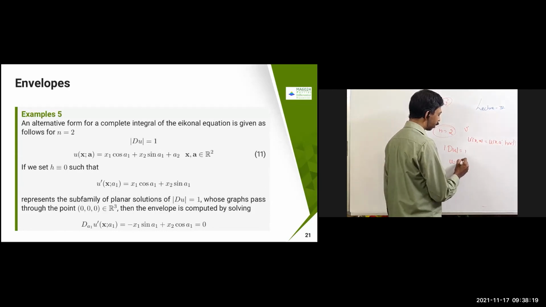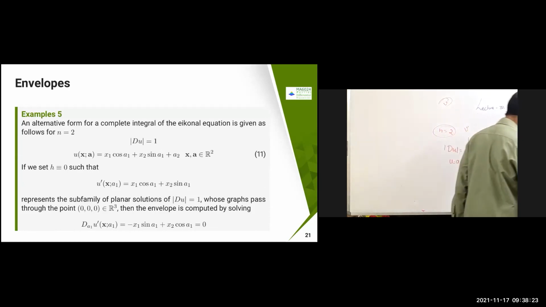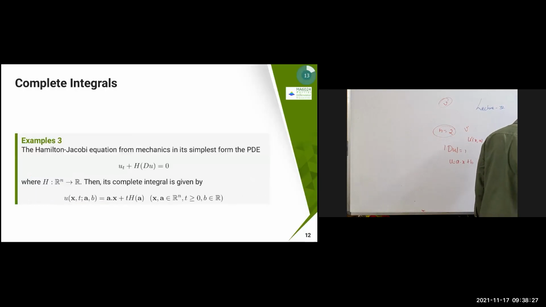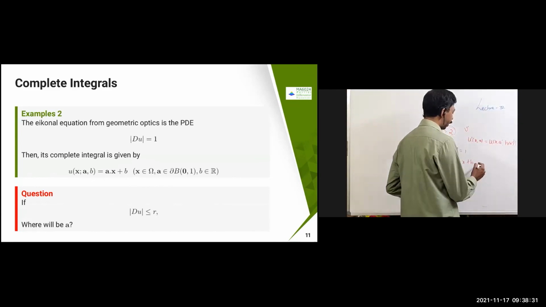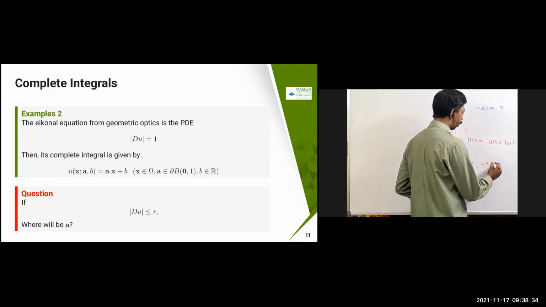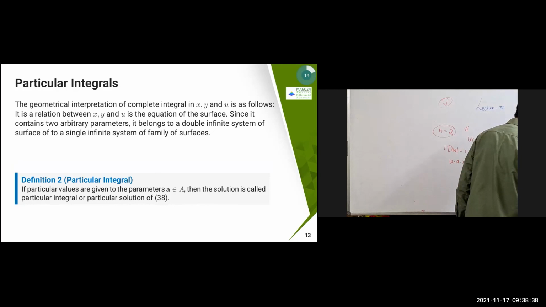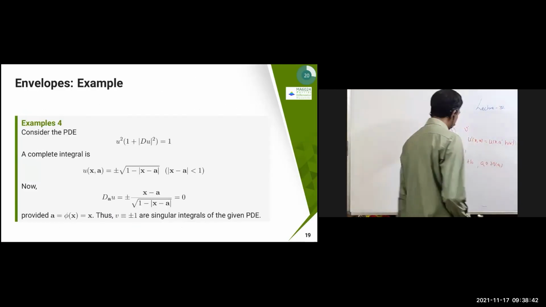a dot x plus b. This was the solution for this problem, if you remember this one. Yeah, u is equal to a dot x plus b. Okay, this is the solution for the problem where a belongs to the unit circle, S1. Okay, this is the one we have discussed. Now that one, I'm just going to put in 2D case. I'm just going to represent as using a parametric family. So this one I can write it as, okay.